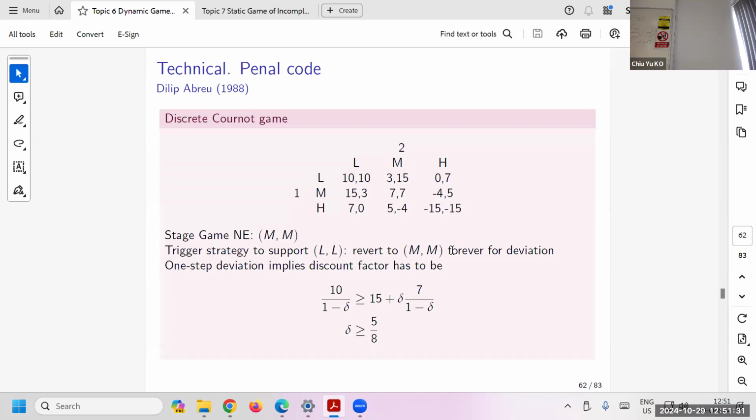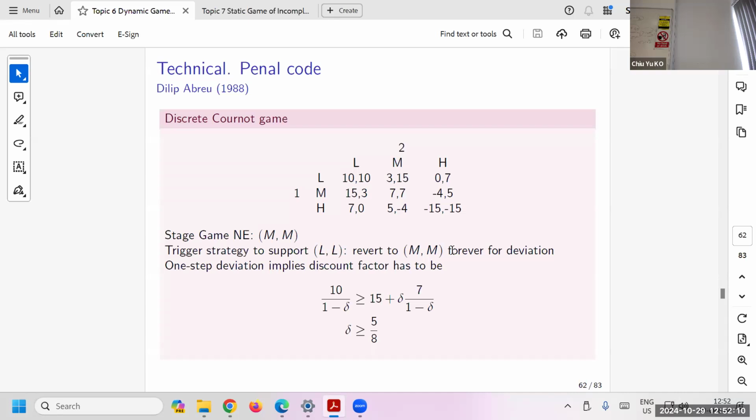So if you want to support this, which is Pareto superior but not a Nash equilibrium, then you can use the idea of the trigger strategy, which means that we will do L and L, and if not, then M forever. Just consider the prisoner's dilemma. This is the case. Either way, then go to this. That means if you stick to the equilibrium, that's what you get. If you deviate, you get 15 for once, and then you get 7 forever. So as long as your delta is high enough, then it can be supported.